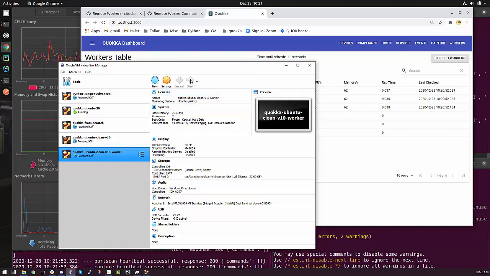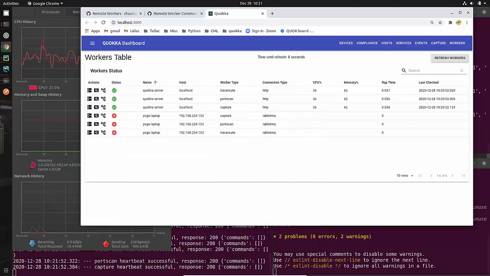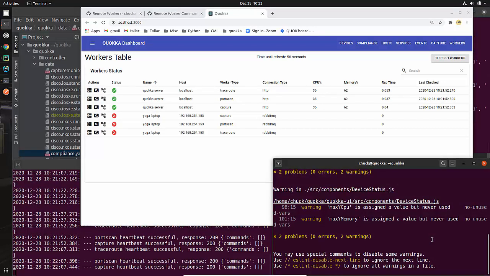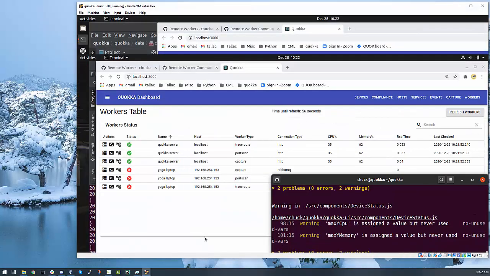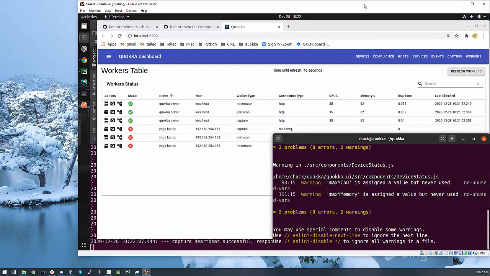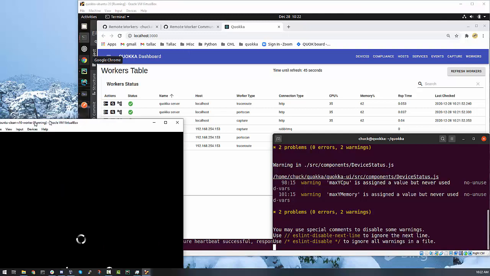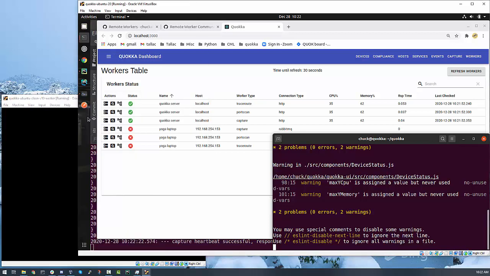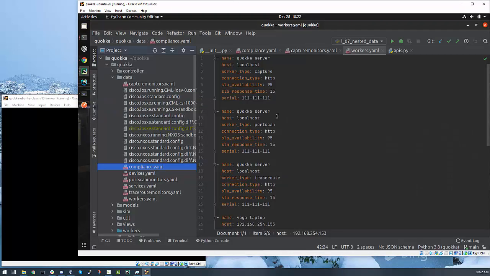So I'm going to go ahead and start that, and then I'm going to bring it over so that you can see it. One of the things I'm going to do in the process is make this display a little bit smaller so that you'll be able to see both my VM that I'm running right here, which is my Ubuntu running the Quokka server, and then over here, my other Ubuntu system that is going to be running my Quokka worker. So while we're waiting for that to start up, let's look at the code,